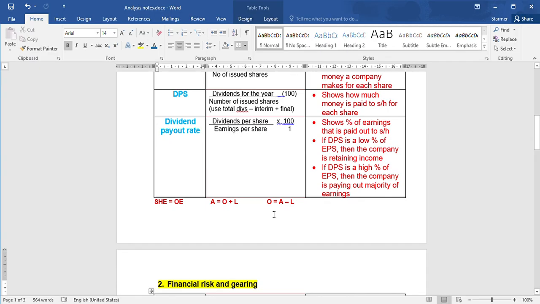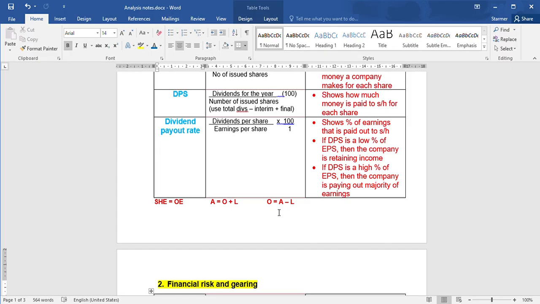And if owner's equity increases, it either means you've got more assets or less liabilities, so the company is actually worth more. That's what we talk about when shareholders or potential shareholders want to achieve capital gains or capital increase in the value of their shares, capital growth. If the company is retaining income, the worth of the business will go up, and that should impact favorably on the stock exchange. So therefore, at a later date, they'll be able to sell their shares for more and thus